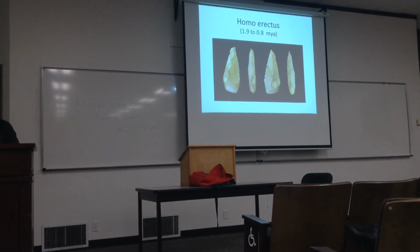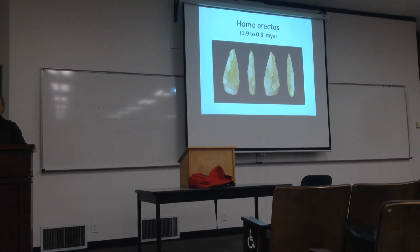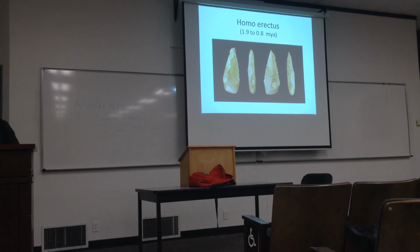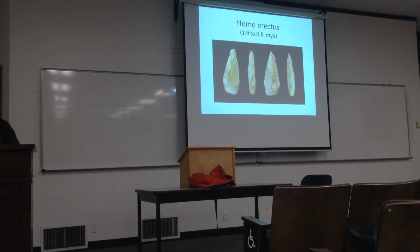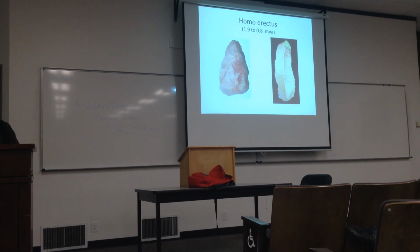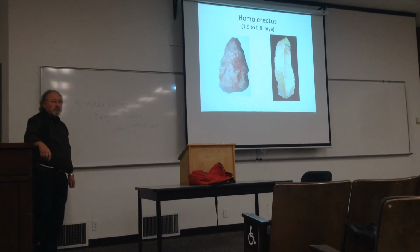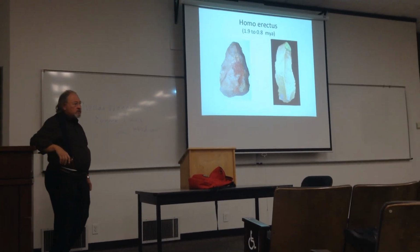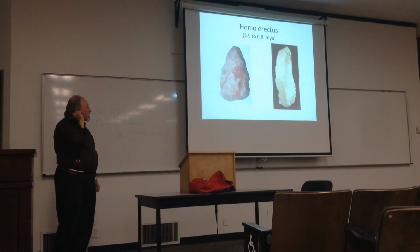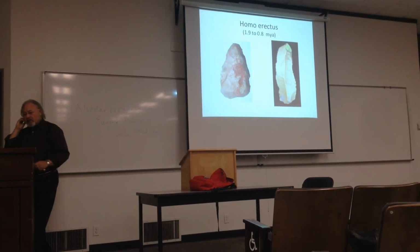Here's a view of one from 4 different sides. Here are some other ones. One on the left is a hand axe. The one on the right is a flake. Again, we thought that maybe the flakes weren't used as much as the cores, but now we see that upon microscopic examination, that the